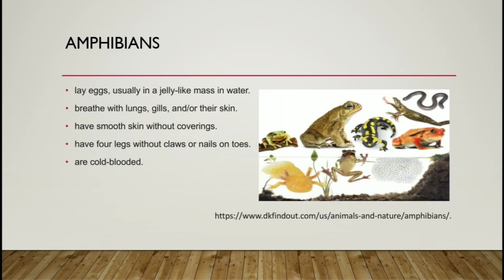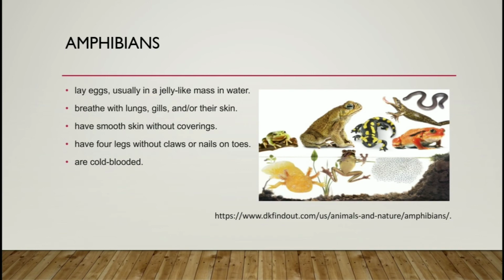Then the next one is amphibians. It is an organism that is able to live both on land and in water. Just like the reptiles, it is a cold-blooded vertebrate such as frogs and salamanders. They said that amphibians are like fish and reptiles, but they also have differences, and these are: amphibians are animals with a dual mode of existence, unlike fish that live in water for their entire life.